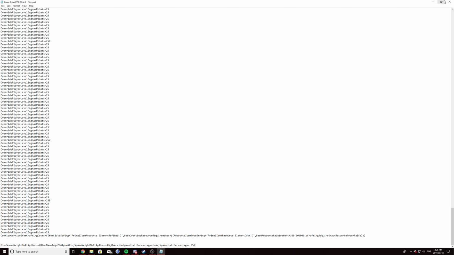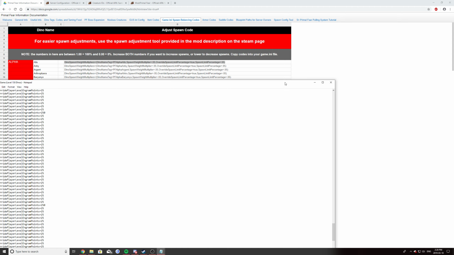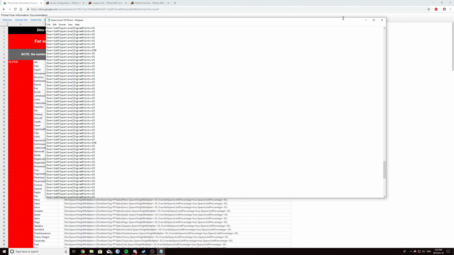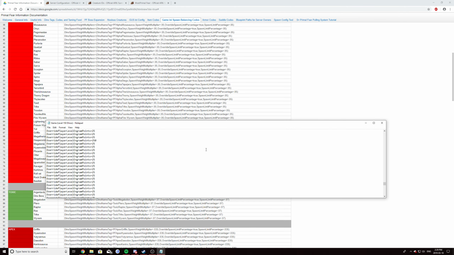Here I will bring the page up so that you can see it a little bit better. So right there, there's our line. Now, like I said, this is going to be spawned at the default value. You could set this to whatever number you would like. You can have this at 2, 3, 4, or 15. It doesn't matter. The thing is, the higher the number you have there, the more dinos you're going to see